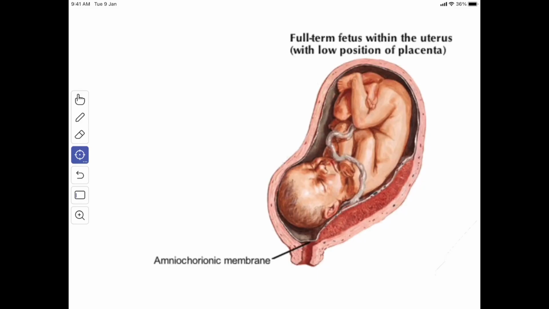In this video, we are going to study about the umbilical cord. The umbilical cord is a tubular cord-like structure which is enveloped by the glistening amniotic membrane. At full term, one end of the cord is attached approximately to the center of the anterior abdominal wall of the fetus, and the other end is fixed to the center of the fetal surface of the placenta.